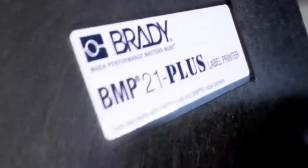And this is a Makita oscillating sander, which I use quite often. And a Brady BMP 21 Plus label printer. Got a lot of extra parts for Dremel back there. Got a whole slew of these